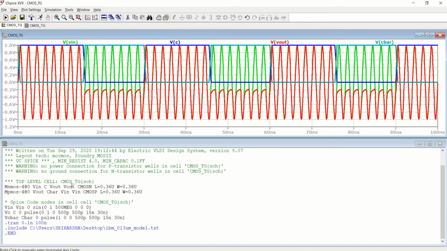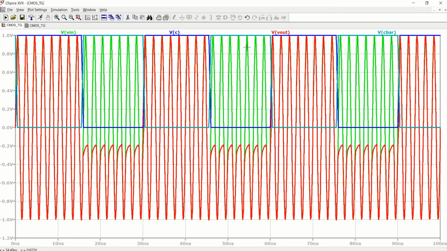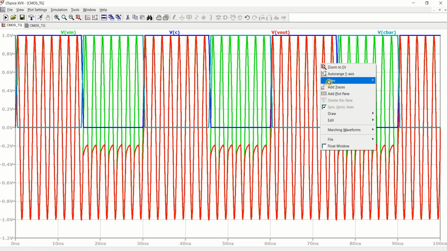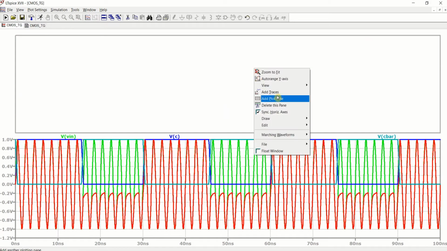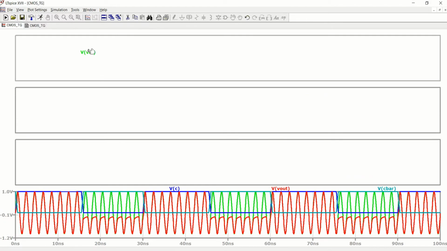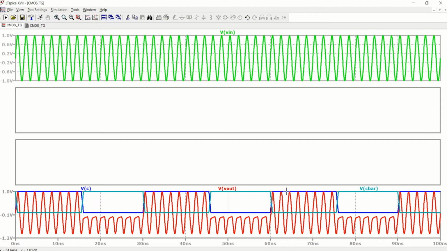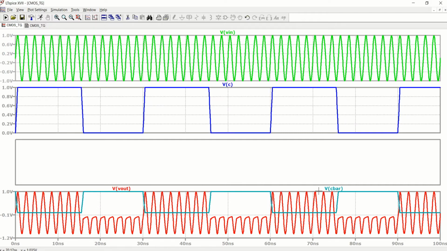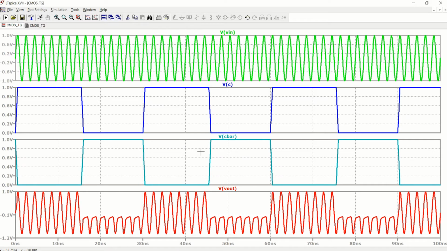Now this is the spice code. I want to split this to 4 plots. First will be your V in, then VC, VC bar. VC bar is just the opposite of your VC. Actual control signal is VC.